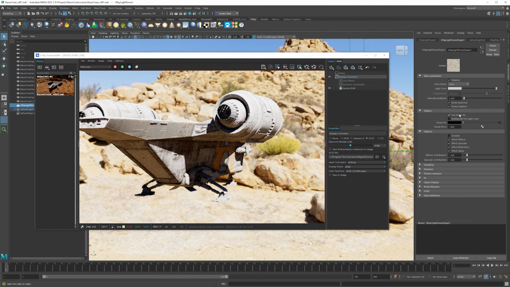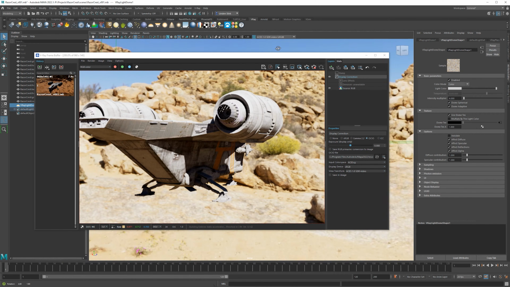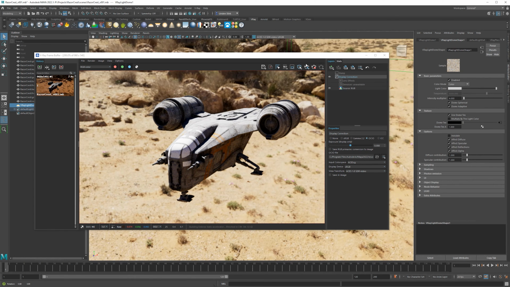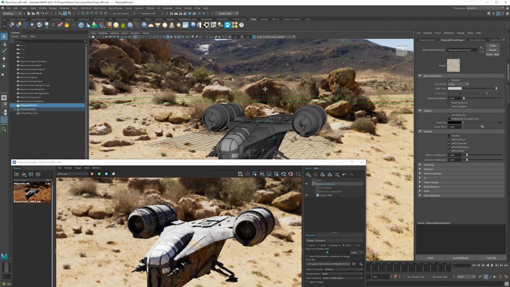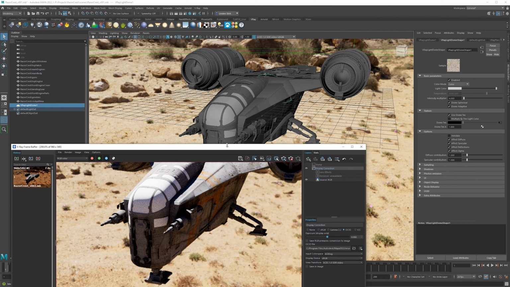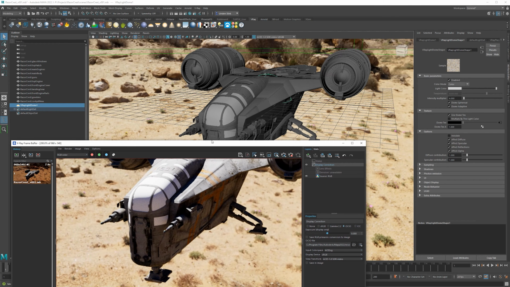So over here, if that's exposing too much, like an actual camera would, we could just lower that value, change our exposure and do stuff like that. So right now, that's just how you get an HDR in there. We don't have any reflections though, so I want to show you reflections. And by default with V-Ray, it doesn't give you any reflection value.